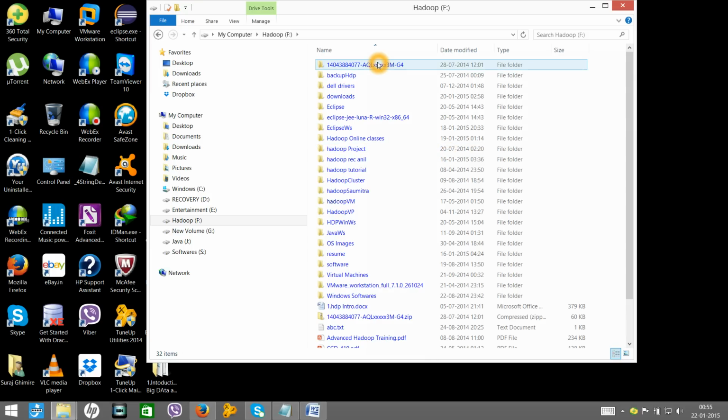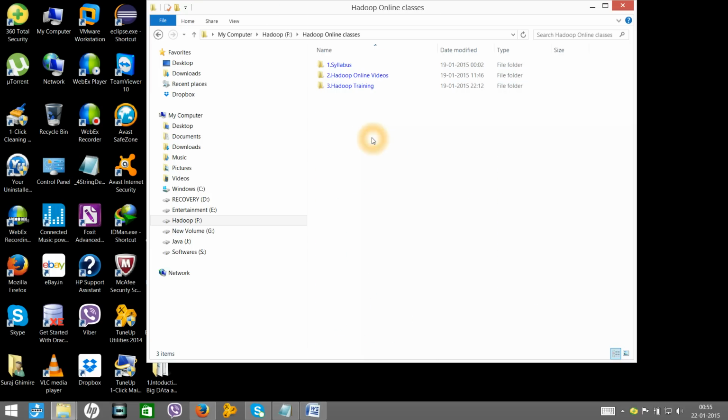This is all that I taught in my previous Hadoop classes. We discussed MapReduce, Hive, Sqoop, Pig, HBase as well as Oozie. I did not download the Oozie folder here.